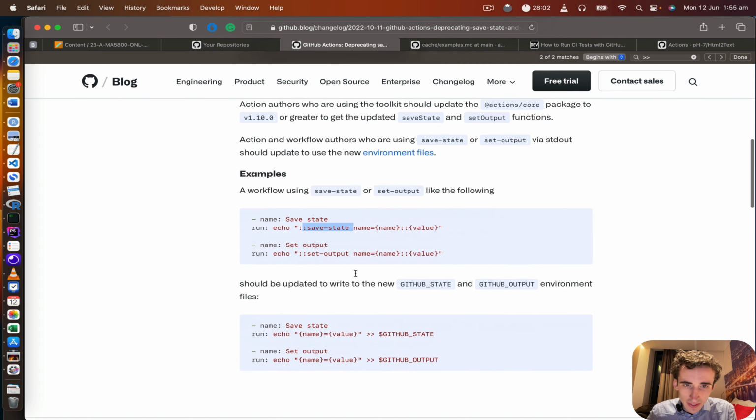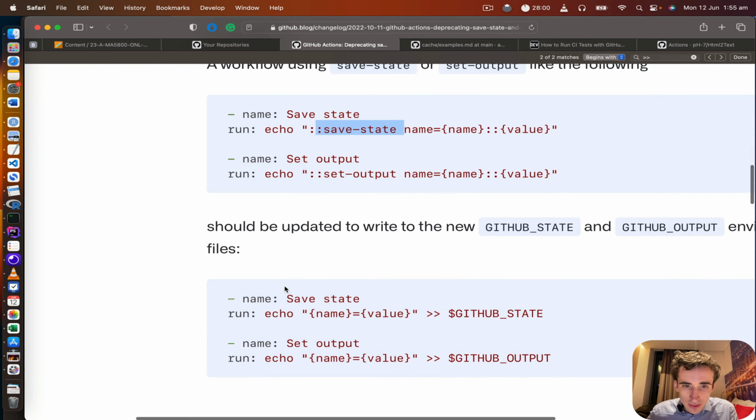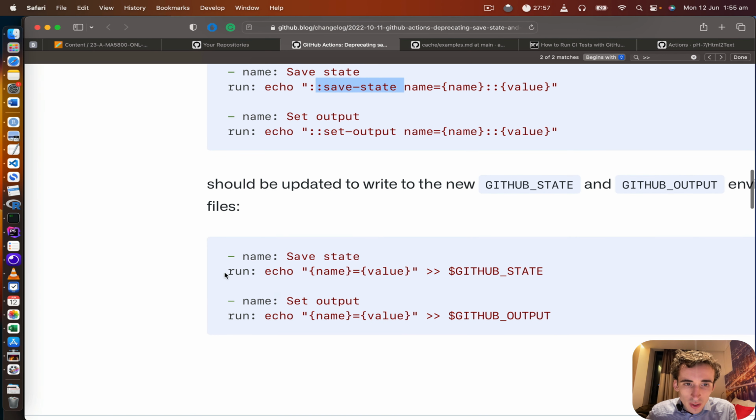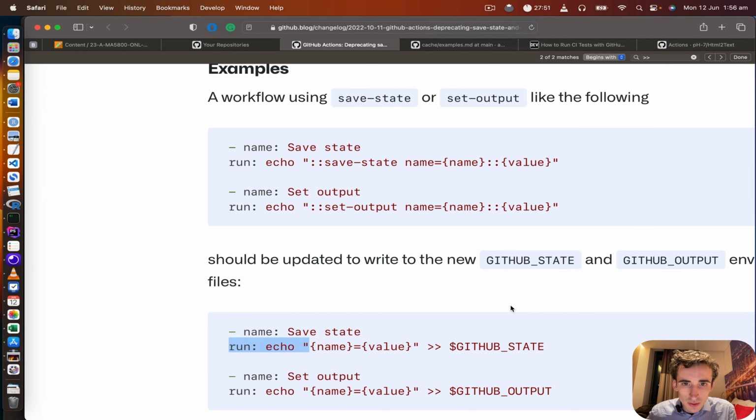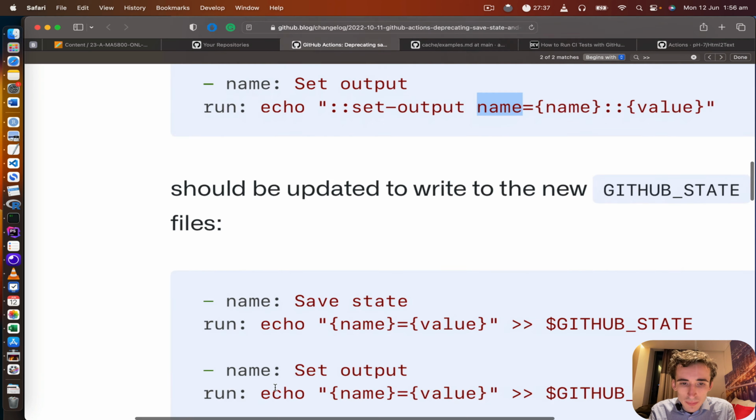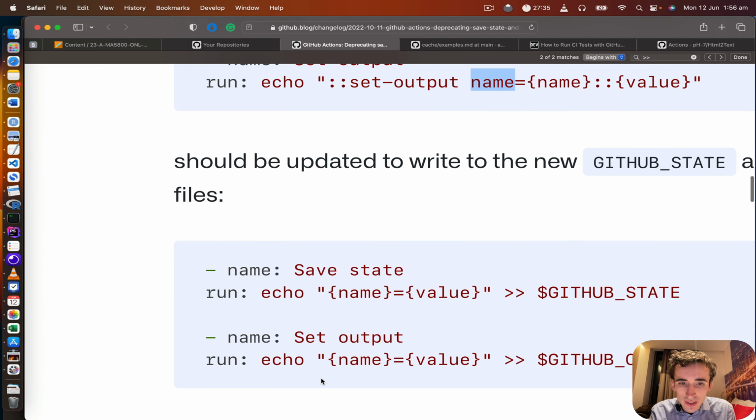Here it's for save state, and there it's a little bit different. You see, they mention the name. So run echo, it becomes, sorry, this one, set-output name, then the name will be first to be echoed. So this one gets removed, and the name will be wrapped in curly brackets, equals, curly brackets, and then it will be the stream operator, and here goes the GitHub output variable with